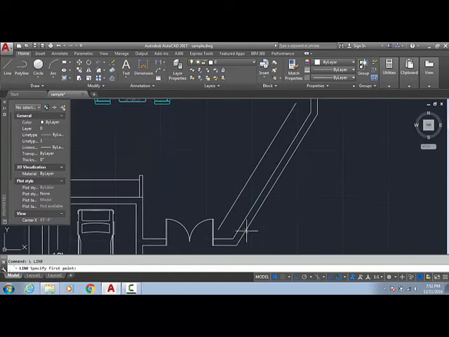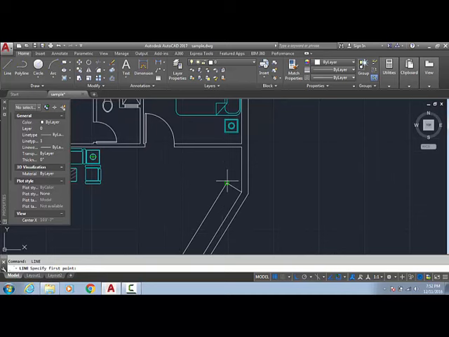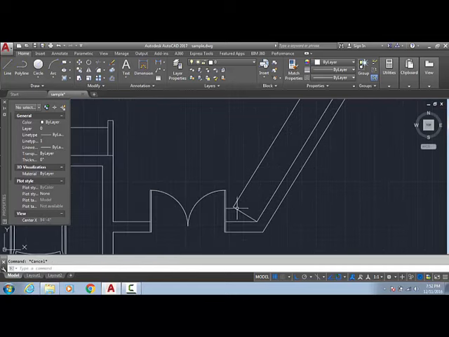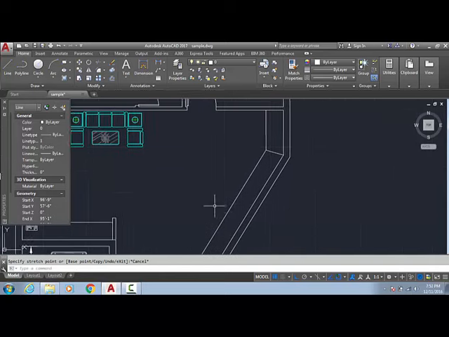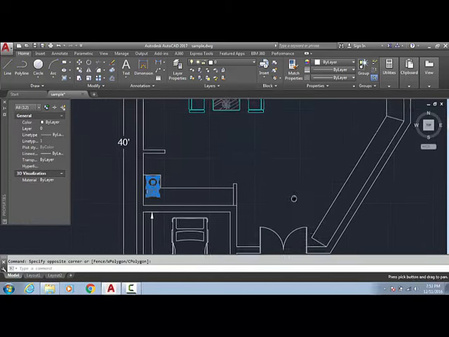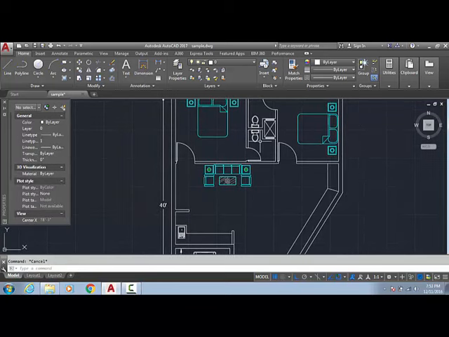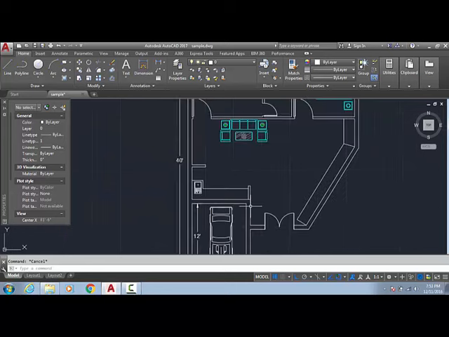I am making one table here. What I am trying to do is make one shelf, so I can put this sink here in a row. If you think this is a multi-storage building and here is the main canteen, this is the main canteen, and this is not the entrance, just think this is the main canteen.